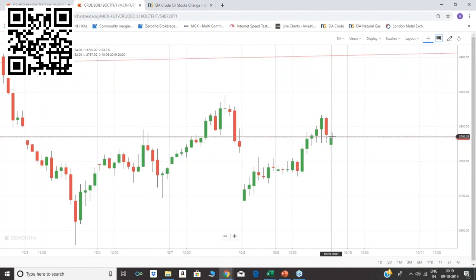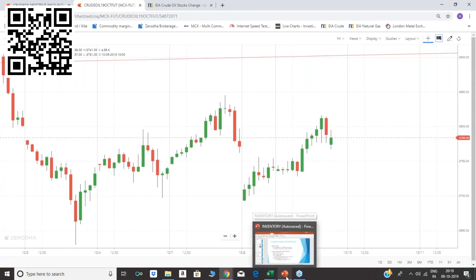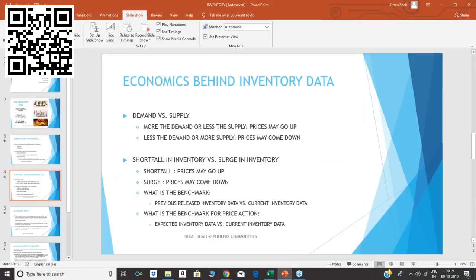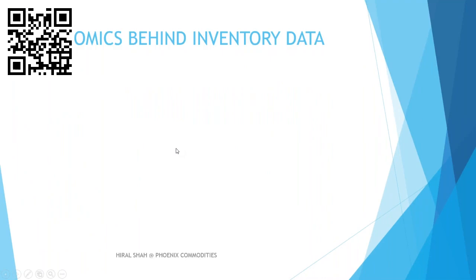That's it. Definitely if it wants to come down, then it will just rotate over here and then till 9 o'clock it will be in the 50 zone according to the inventory data and the candlestick pattern, right? If it is able to break 66. So this will happen. So this is the way you can do back testing. Milind sir, got it? I'm coming to other inventories. Don't worry, sir. Today I'm going to cover all the other inventories too. Even base metal, even NG, and even gold and silver, right?